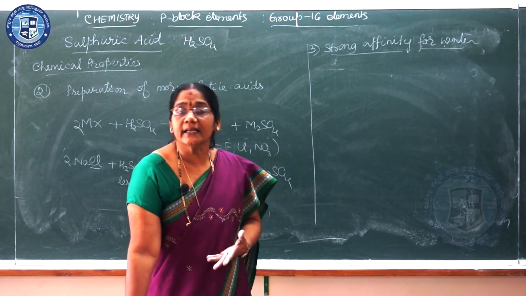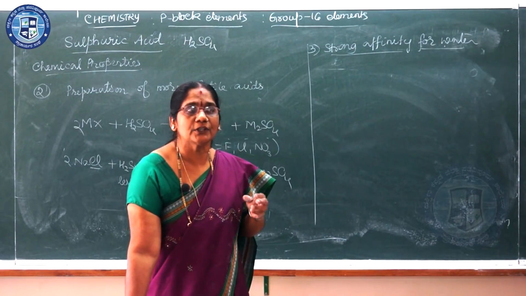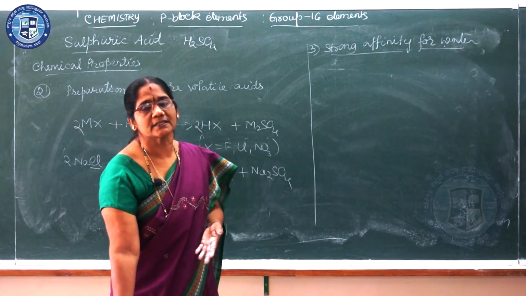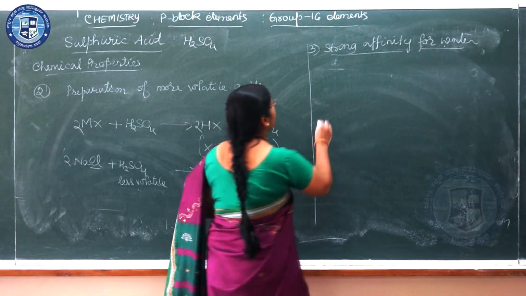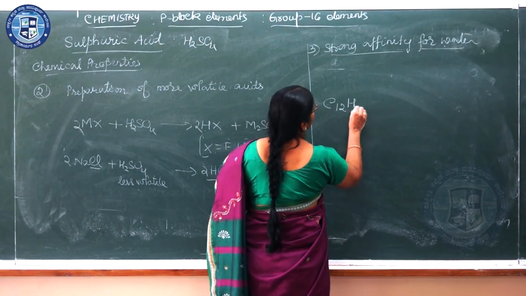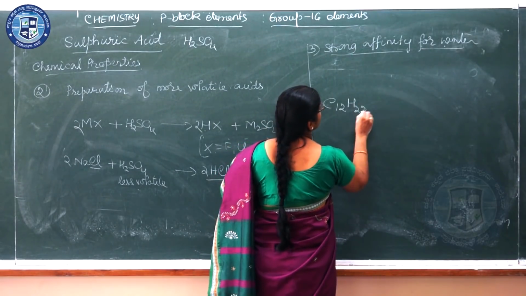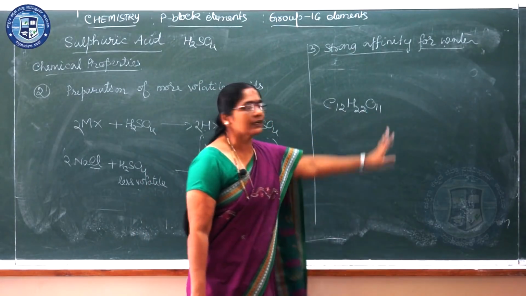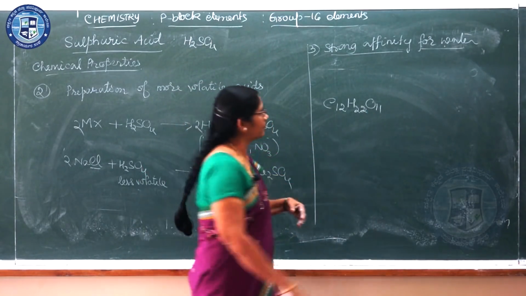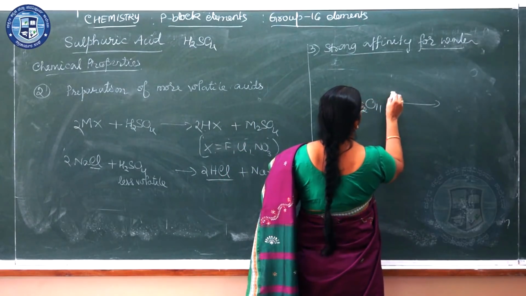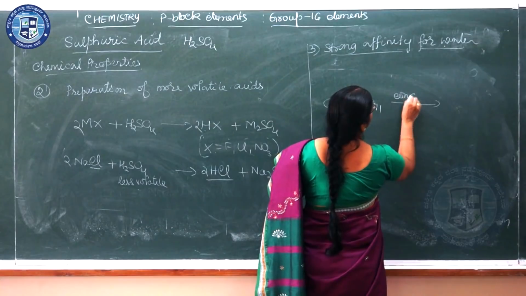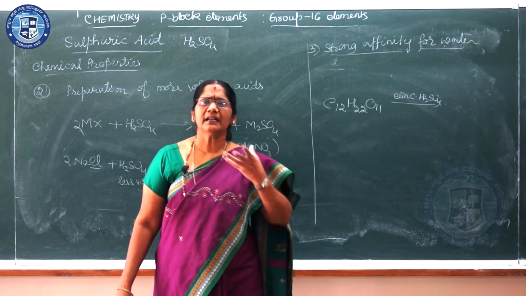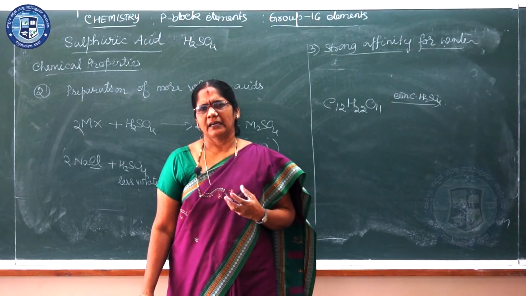Sulfuric acid is not only a drying agent, it is also able to remove the elements of water chemically combined in substances, especially in organic compounds. I can take sucrose, C12H22O11. This is an organic compound. If I take sugar crystals in a test tube and add concentrated sulfuric acid, immediately the charring smell,